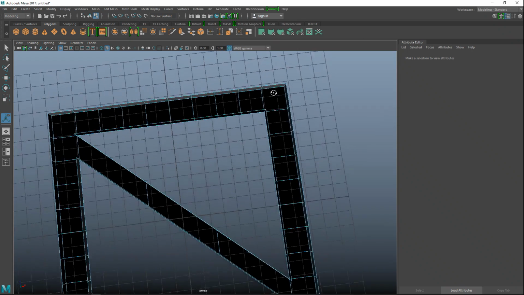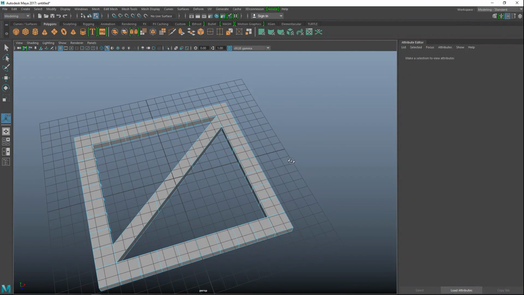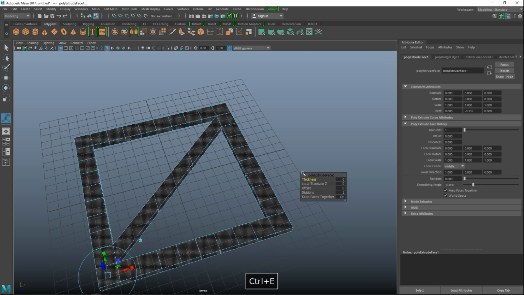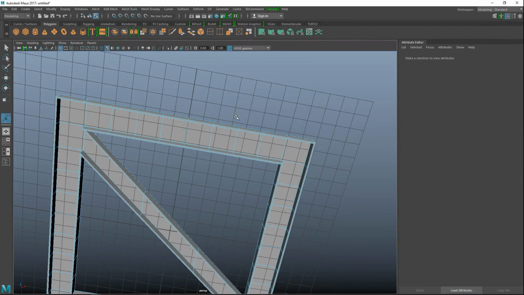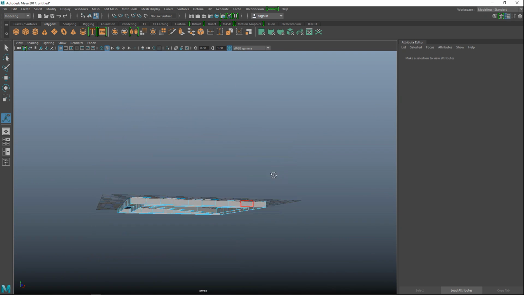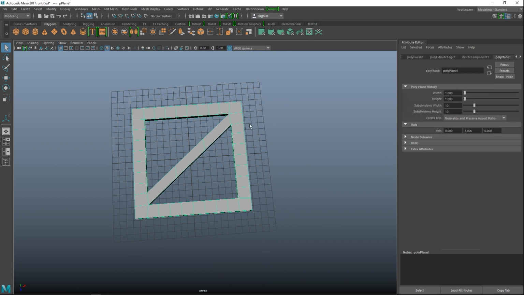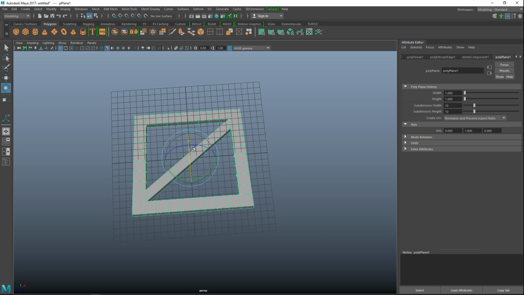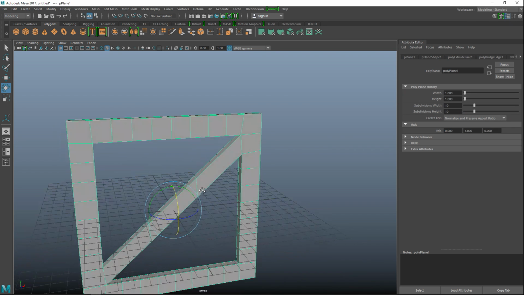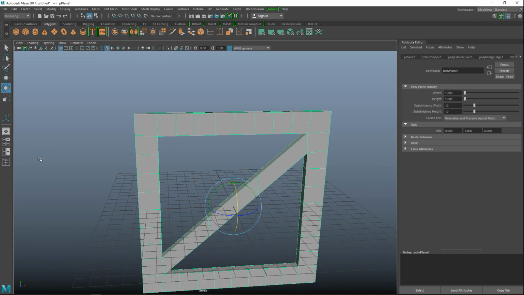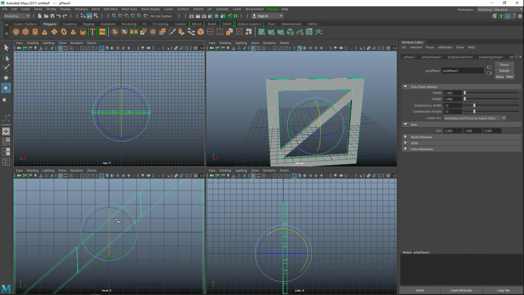Now I do have these black sides here because there's no thickness to this thing, so I'm going to right click at object mode, hit Control E to extrude, and we'll do 0.1 on the thickness. Let's have a look, and that seems to look fine. Alright, so we're going to right click at object mode, hit E to rotate, hold down J to snap it, going the other way like so. That seems to be okay, and then we're going to start to build a wall, if you will.